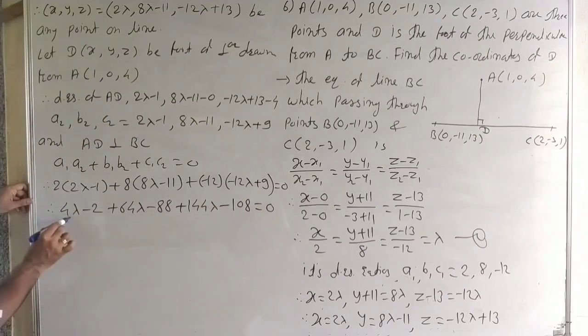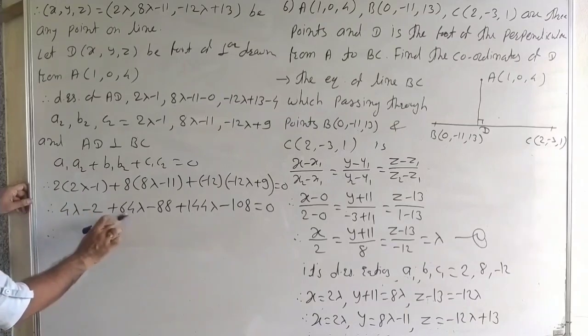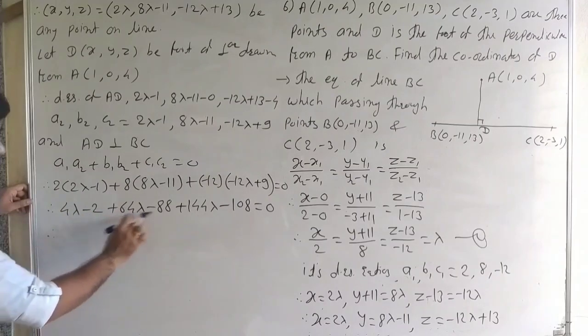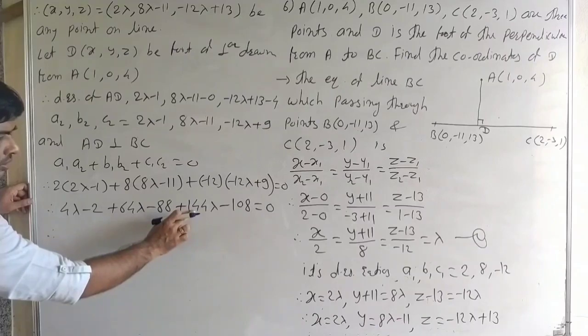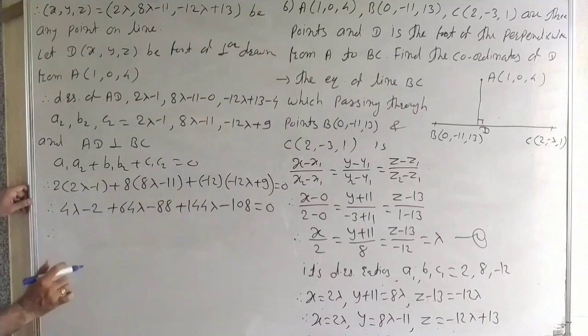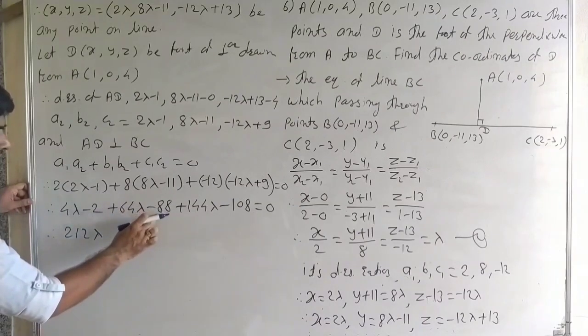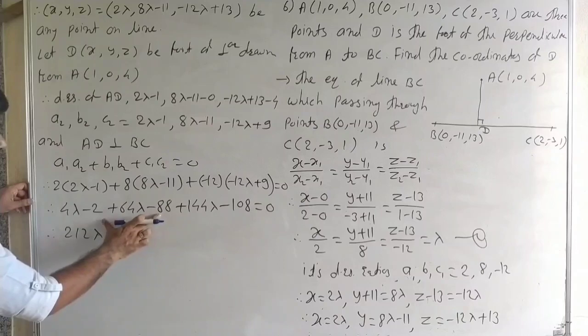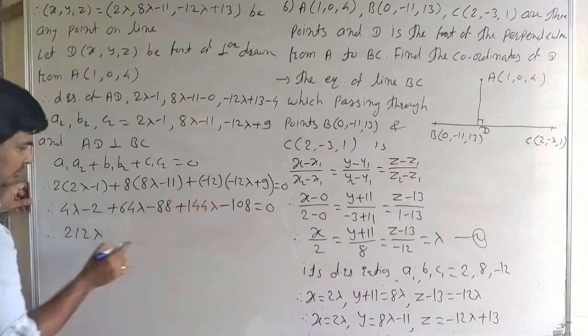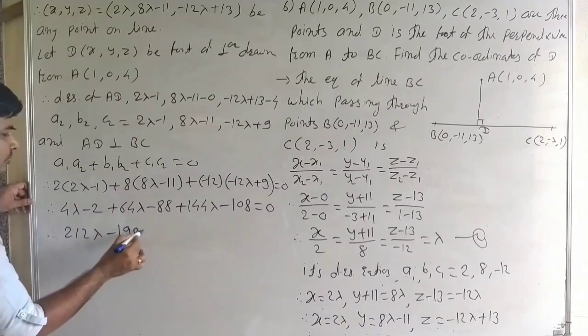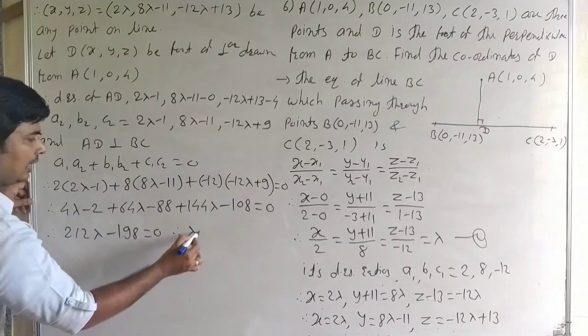Therefore, you can write 4 lambda plus 64 lambda plus 144 lambda, that is 212 lambda. Then minus 2 minus 88 is minus 90, minus 108 is minus 198, is equal to 0, and therefore lambda is equal to